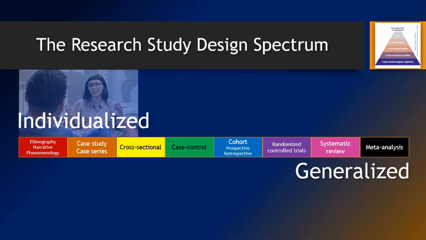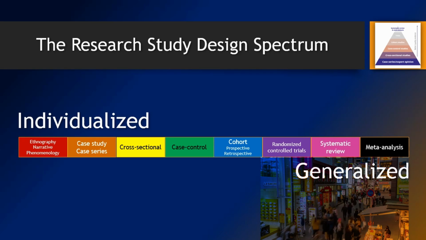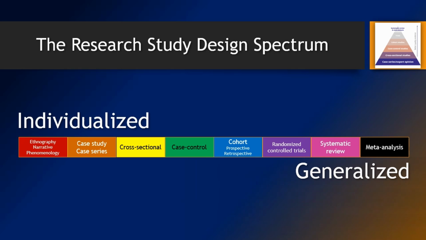event in more depth. On the right side are the more generalized study designs, which you use if you want to know more about the details or patterns of larger populations, events, or even other studies. One of the purposes of these studies is to be able to generalize your findings from a smaller sample population to a general population. Since there is a ton of different study designs to choose from, and discussing the advantages